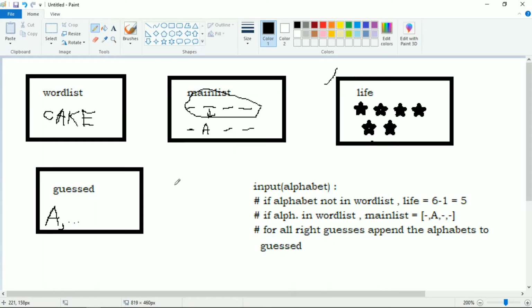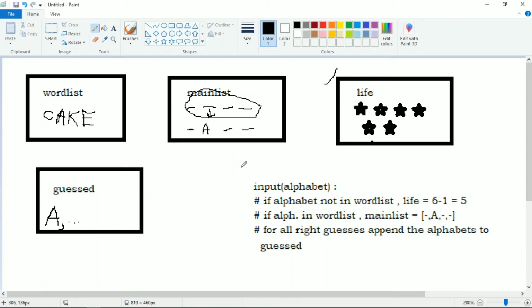Let me explain this program again. I'm creating mainly 5 lists. One is going to obtain a word that we create as the main option for the game. Next is going to obtain the dashes and update them based on the input of the user, whether it is the right input or the wrong input. Then we will keep a life list which keeps updating the number of chances available for the user to continue playing, and the other one is guessed, which will update the options that have been used by the user. So we will simply create these lists.